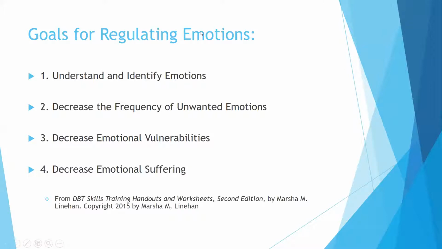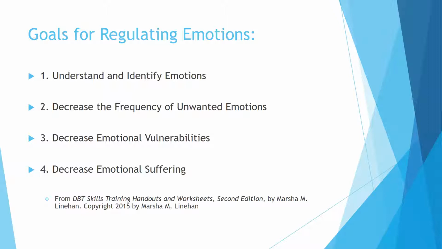Okay, and then the fourth goal that we're going to have is to decrease emotional suffering. The first three are really about the beginning parts: experiencing emotion, how to put yourself in a good spot, how to keep from having unwanted emotional experiences that are really unnecessary. And then the fourth one is, when I do have a big painful emotion, what can I do to decrease the suffering of it or the sting of it, and to not become dysregulated because of it. So those are our goals, right?